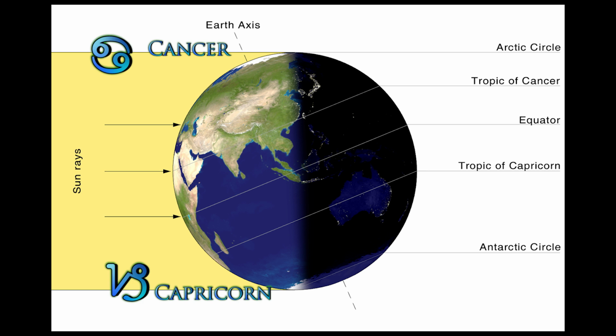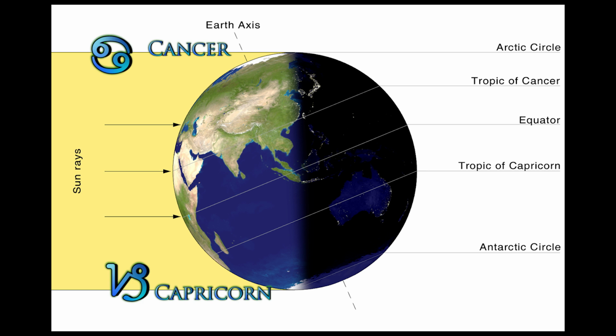Now when we go all the way half a year around and we're in the winter solstice, the reverse will happen and these rays will hit at the same angle on the Tropic of Capricorn. I'm sorry, the one for the winter solstice. But notice another thing. Look at the globe in the center. Notice how there's more daylight than nighttime. Right now, as we come into the summer solstice, the sun will be at its strongest and the days will be the longest and there will be more daytime than nighttime.